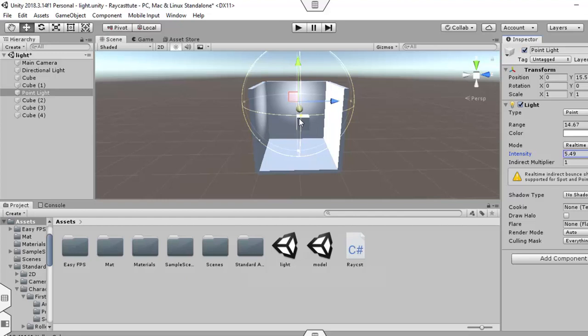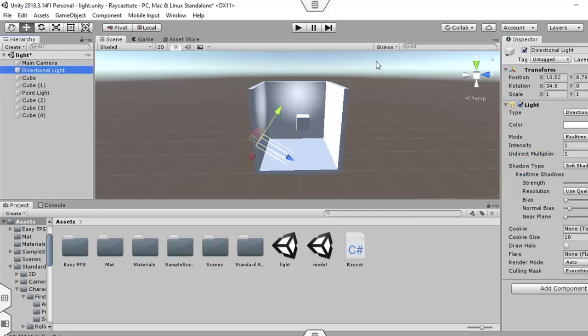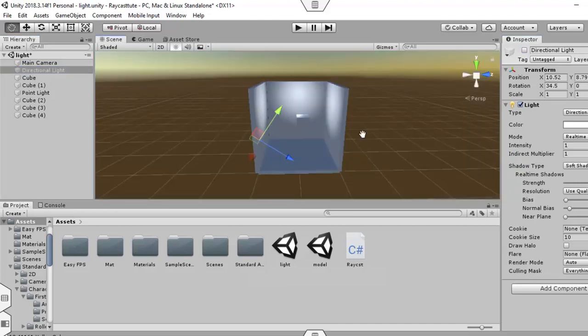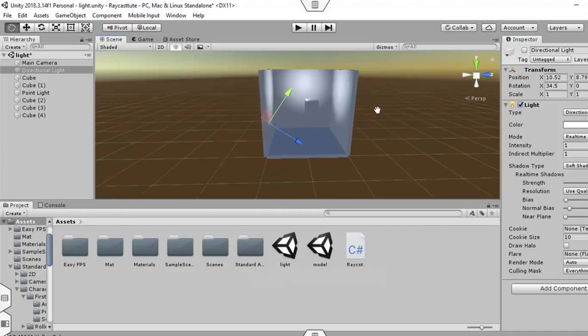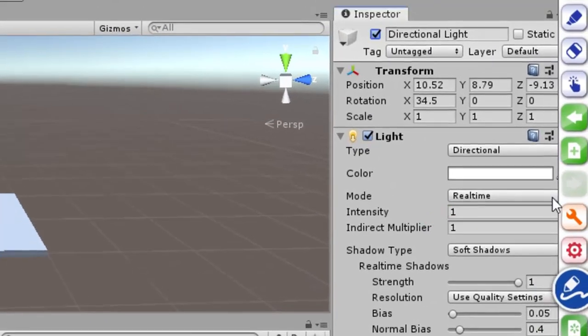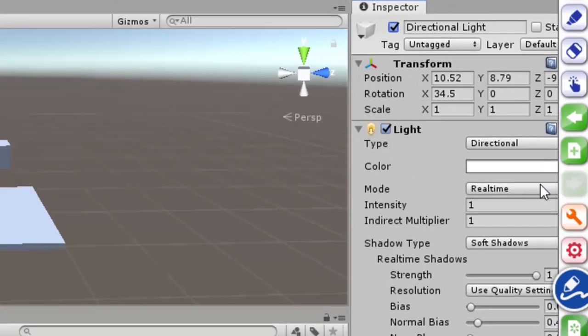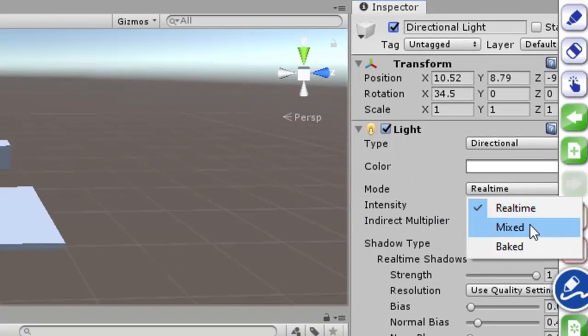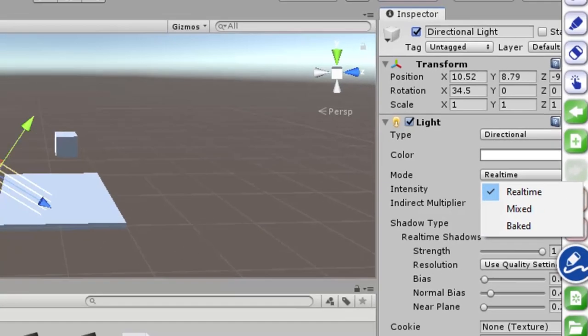It emits the light in all directions uniformly. If we disable this directional light, we can understand this in a better way. Okay, here we can also see various modes are also given in Unity. For example, real-time mode, mixed mode, and baked mode. We will see it shortly.